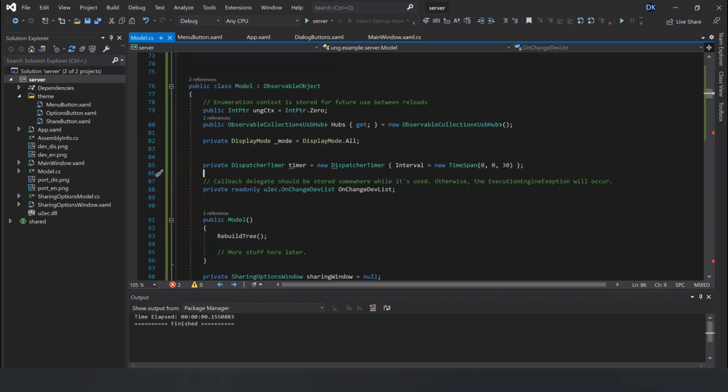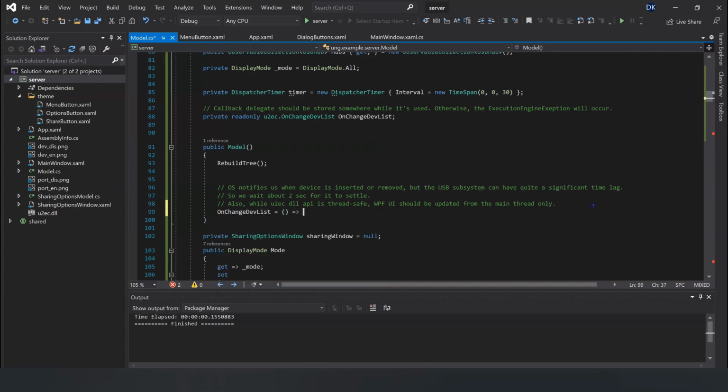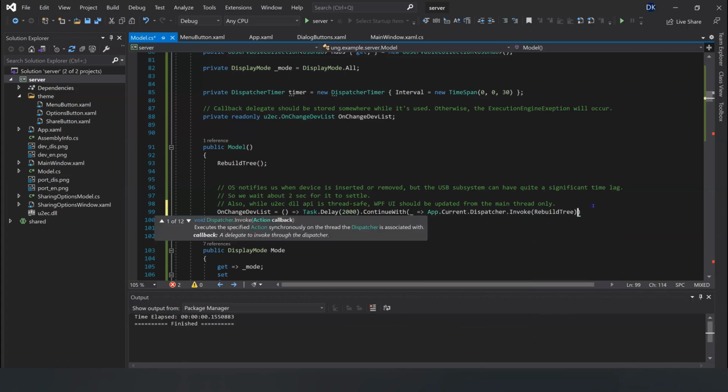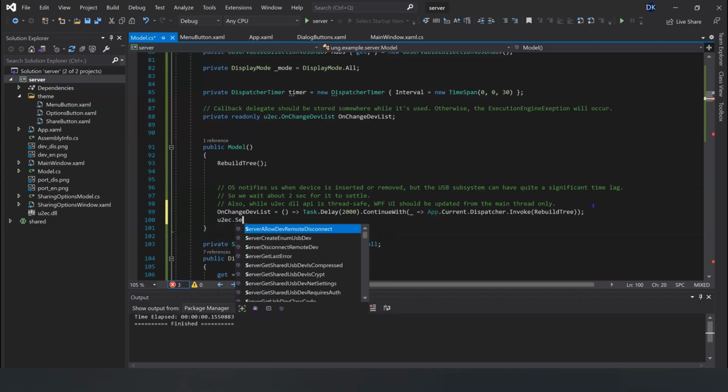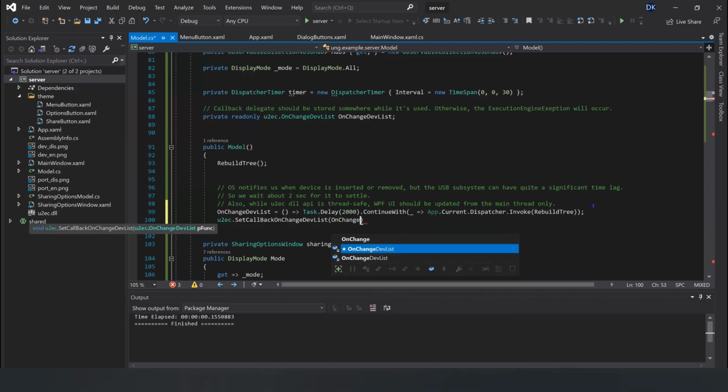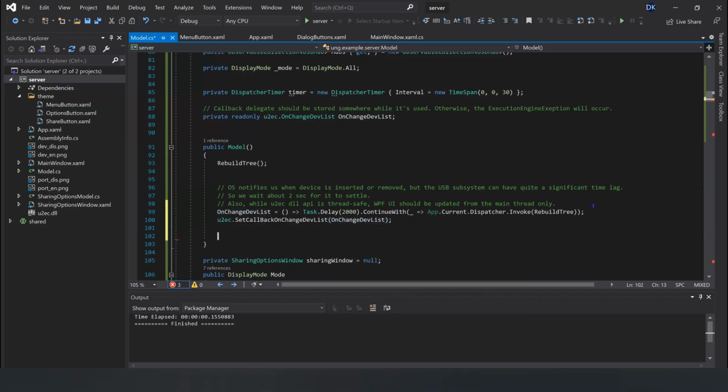It's important to actually store the delegate in the model class and not just assign it anonymously in the constructor. Otherwise, it'll no longer be in memory when the event fires, and an error will be thrown. Then, in the model constructor, we'll assign an action to the delegate to regenerate the list every time there's a change. To register this callback with the SDK, we pass our delegate into setCallbackOnChangeDevList. This will ensure that our delegate gets fired when the underlying Windows service detects a device being added or